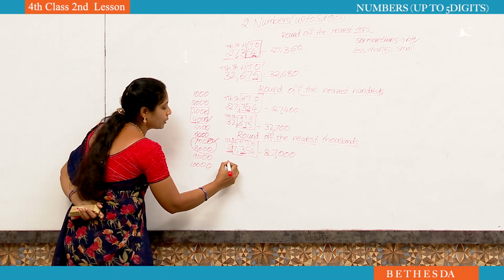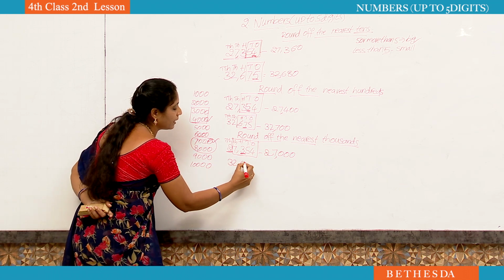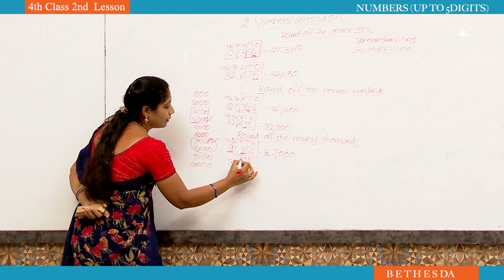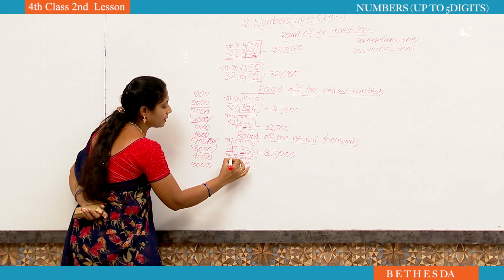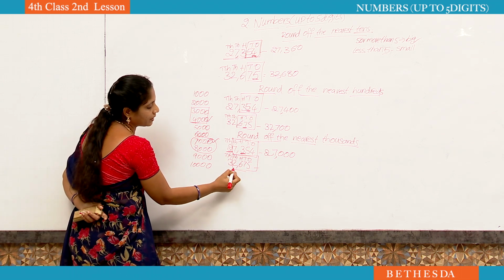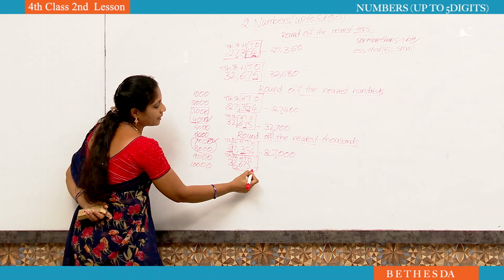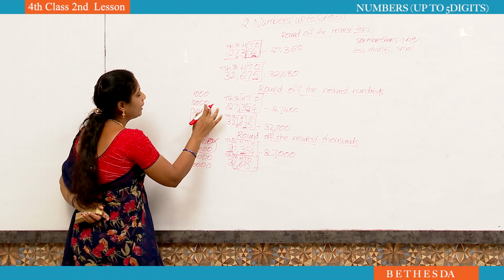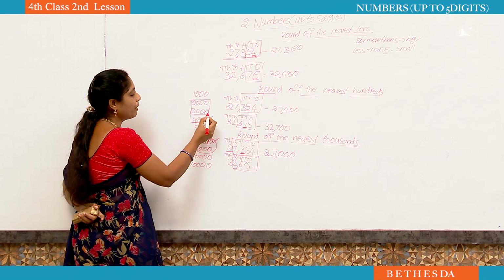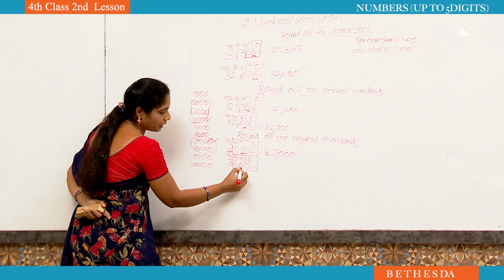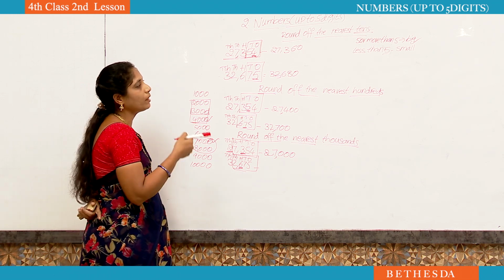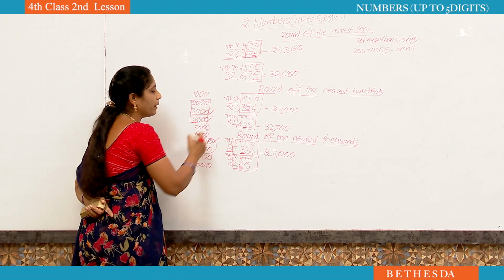Did you understand? Okay, I will teach one more sum. 32,675. Nearest thousand. Okay. Now circle the thousands place number. See here, from the thousands place number. Now what is this number? 2,675. Where will it be? It will be in the middle of 2,000 and 3,000. Which number do we have to take? For that we have to observe the hundreds place number. The hundreds place number is 6. 6 is more than 5. That's why I have to take the big number only.